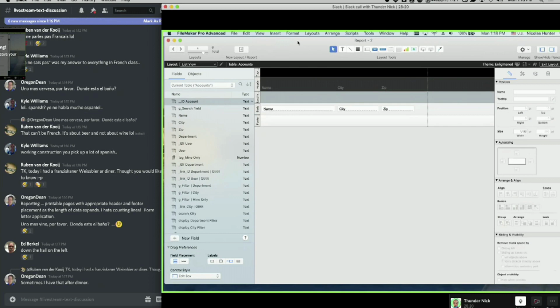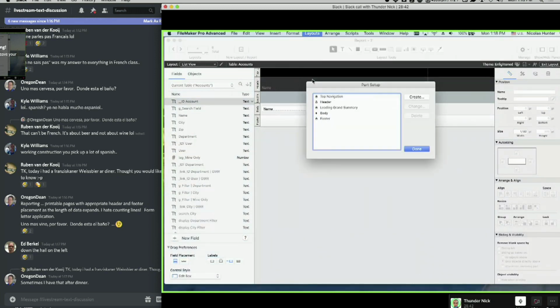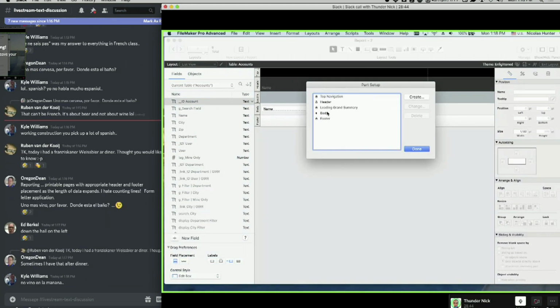Okay. What we are going to learn here is the fundamental differences between form view and list view in the behavior of what we call layout parts. Okay, so what are layout parts? Here we have multiple layout parts. To see the part setup, you go to Layout, and you have the part setup here.